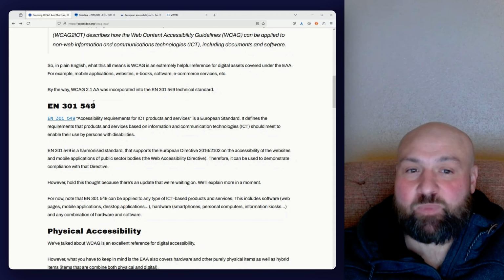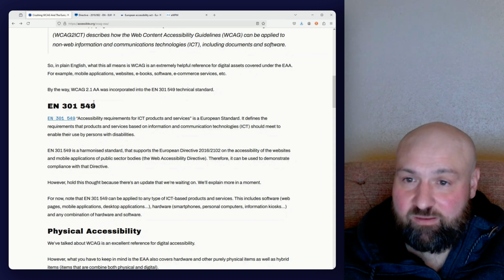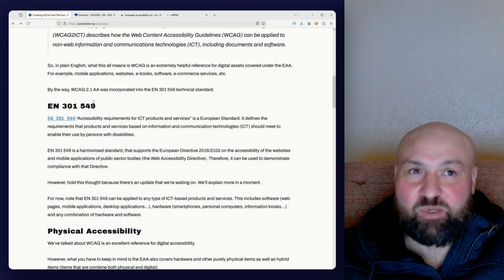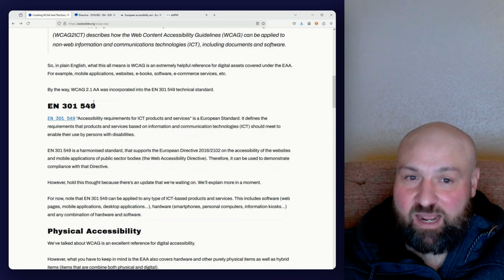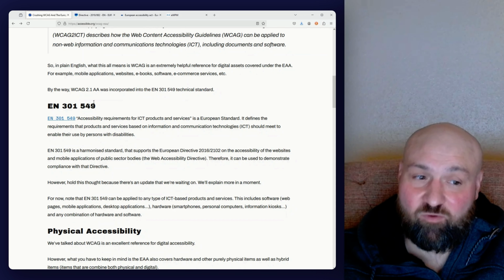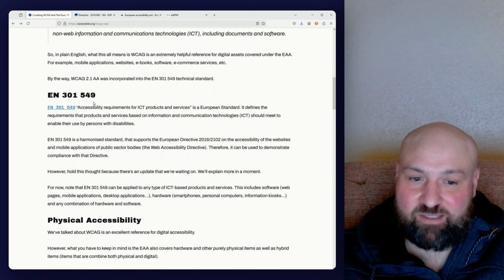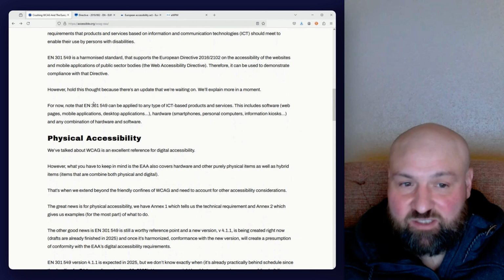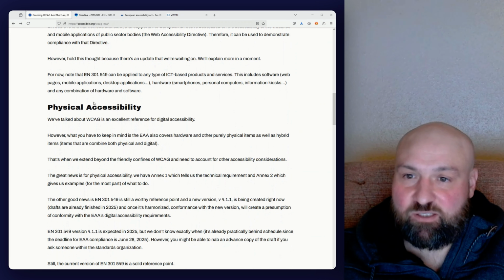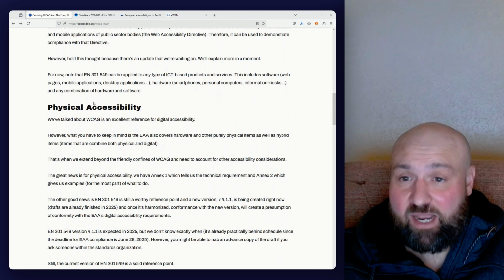But it's not perfect. Just because your products and services meet the technical accessibility criteria set out in EN 301549, it doesn't mean that you have a presumption of conformity. So it's important to keep that in mind, but hold on to that thought and we're going to come back to that. Now, when we get to physical accessibility and what we see in the scope for the European Accessibility Act is we see a lot of hybrid